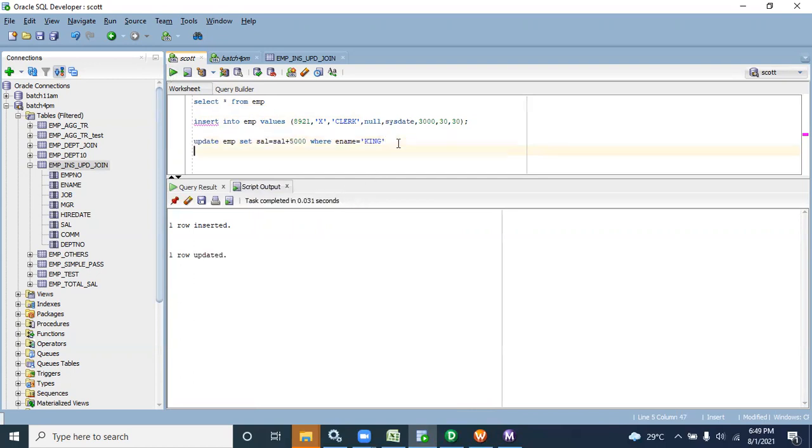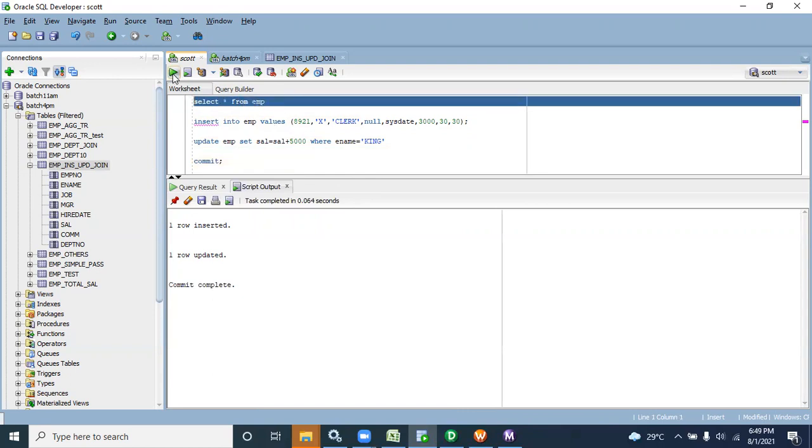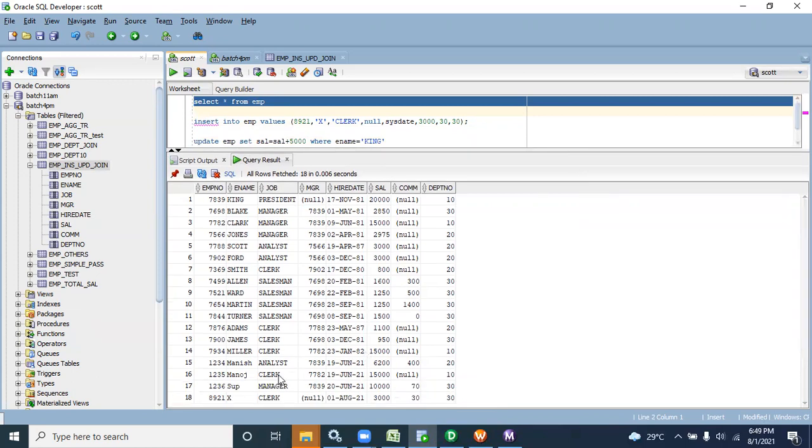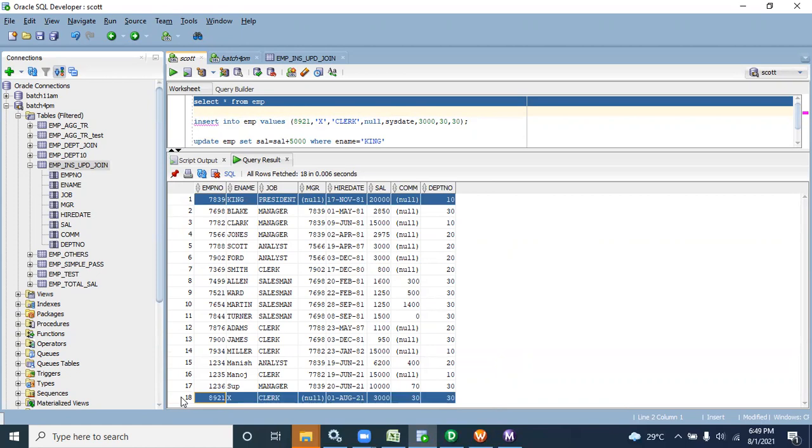Now I want to commit these things. I'm saving them. Now I can check my EMP table. See, I now have 18 records. This is the new record, the last one, and this King will be updated to 20,000. I'm selecting and highlighting these two records, the first and the last.